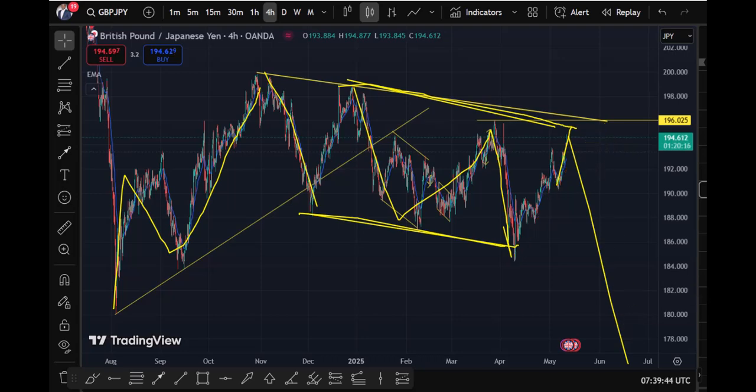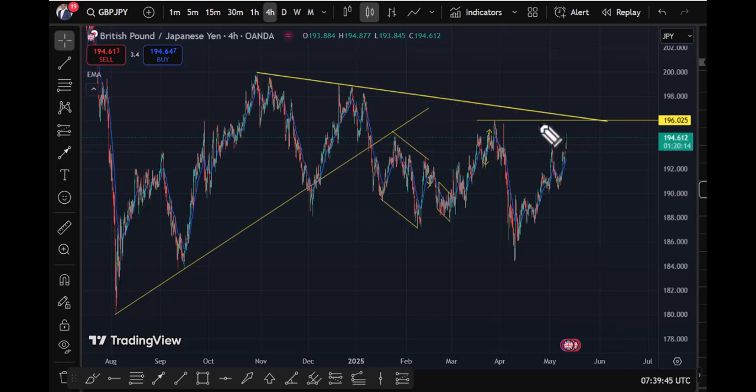So at the moment, we are still for scalpers. Yes, you can take a quick scalp to this point, before the market starts giving you a pattern for a sell. But for swing traders, just hold on, wait for a sell setup. So that's all we can see at that point.